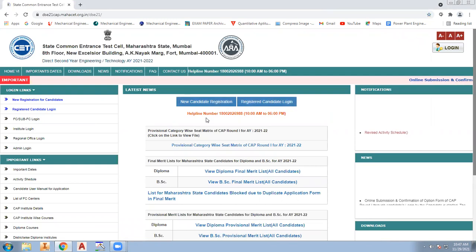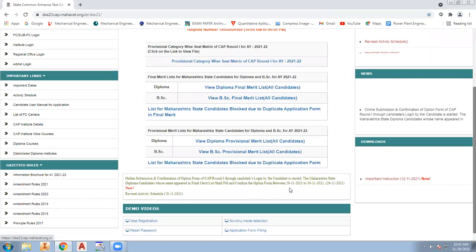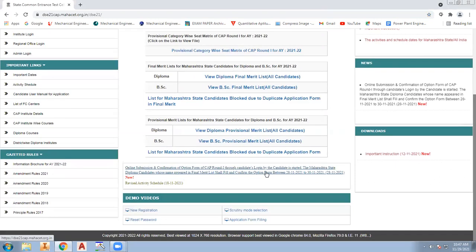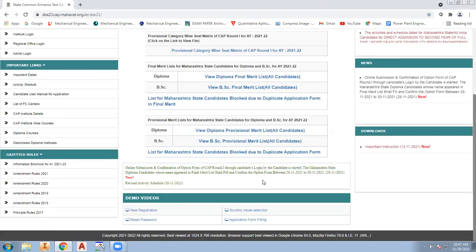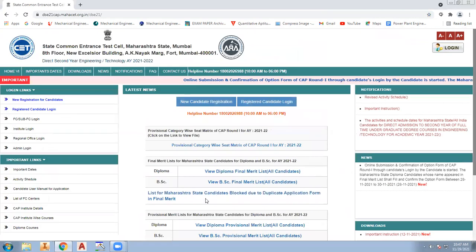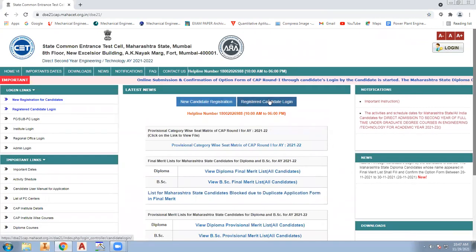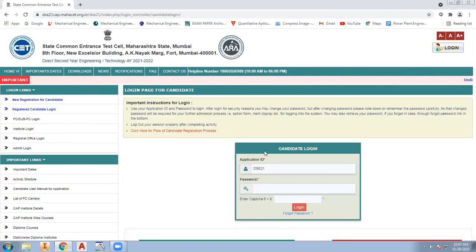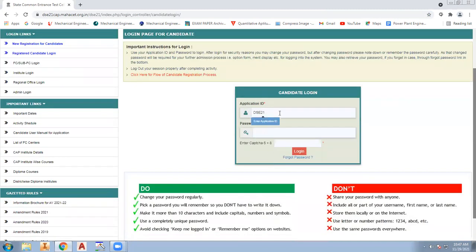Now you can fill your option form for CAP round 1 by using the candidate login. So first we have to log in for filling the option form. So simply click on this registered candidate login. Now enter the application ID and the password.